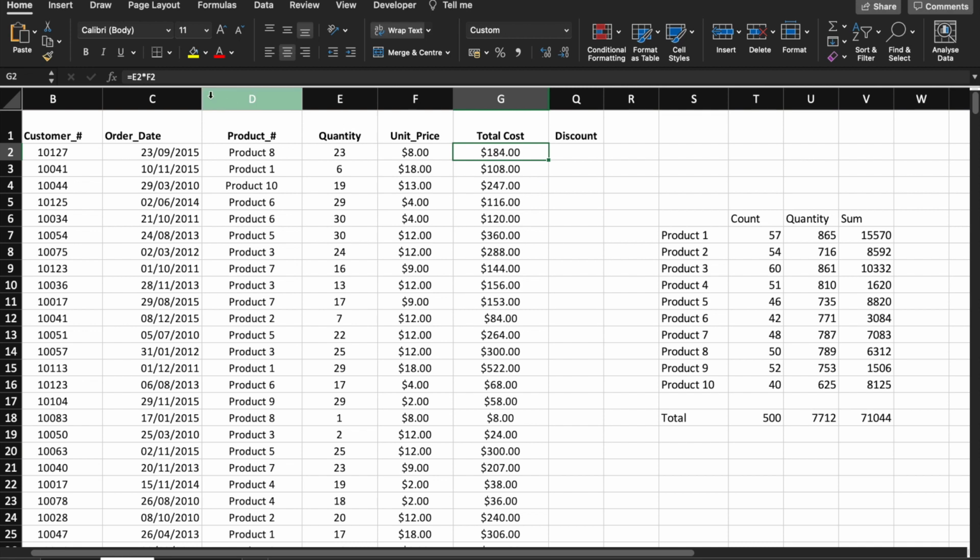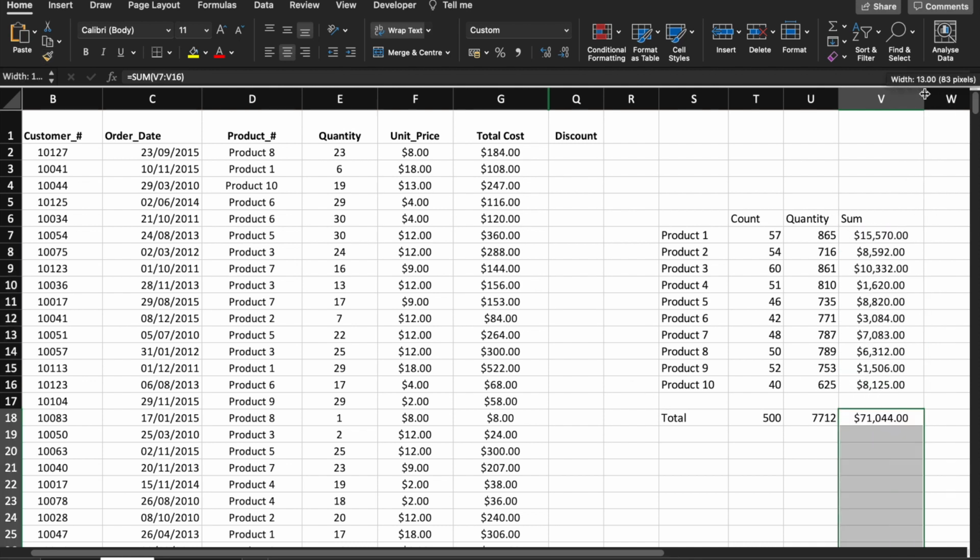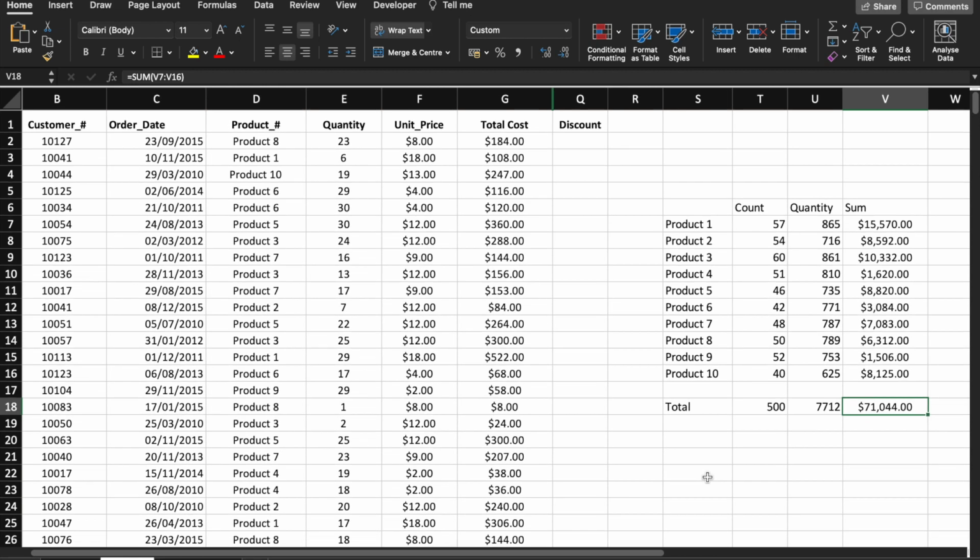So I'm just going to format this, copy format. So now this is the total amount that was generated for product 1, for product 2, 3, straight down to 10, and this is the total amount that was generated for everything. So now, to check this, if I want to check,